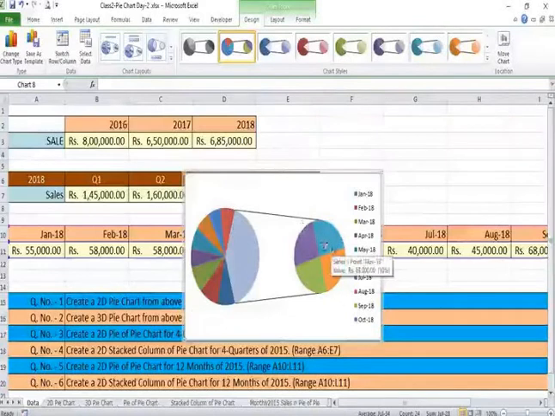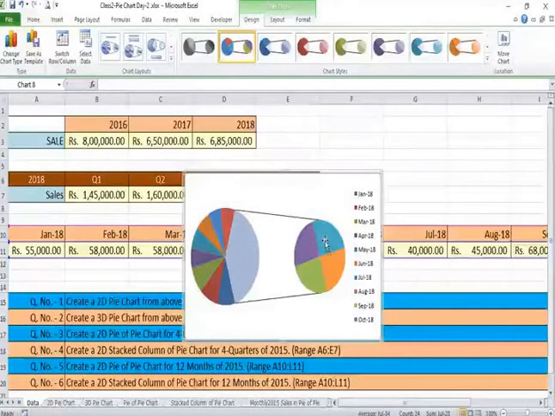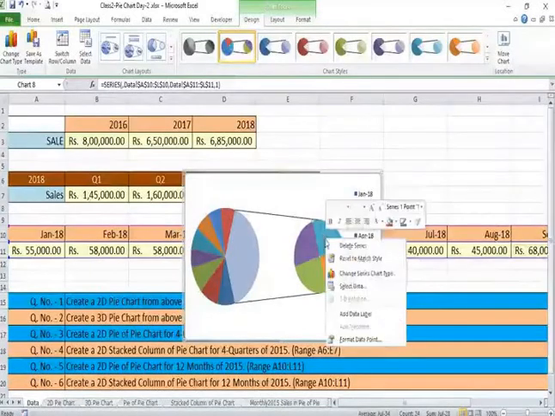Now if you want to add a few more months in this pie, then you should click on this and right click here on this pie and go to format data point.